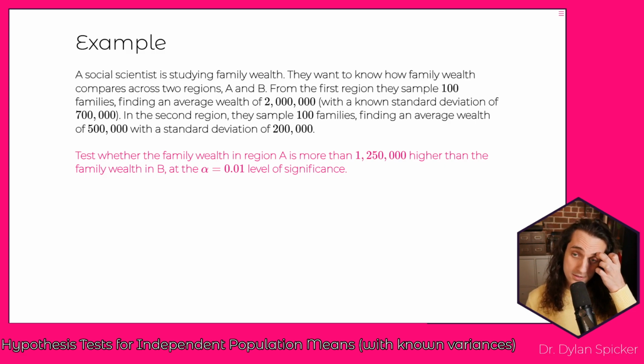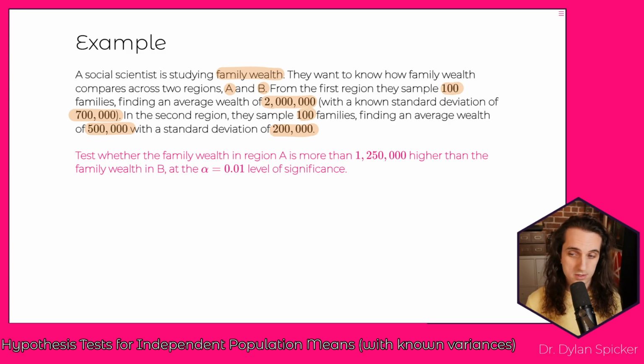We can take a look at an alternative question here. In this setup, we're thinking about studying family wealth. They want to know how the family wealth compares across two regions, A and B. From the first region, they sample 100 families, find an average family wealth of 2 million with a known standard deviation of 700,000. Second region, they sample 100 families, find an average wealth of 500,000 with a known standard